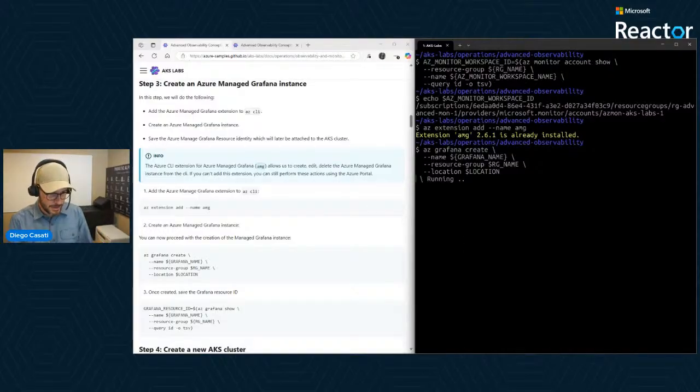I'm going to do a quick look here on the questions that we have. I see, let me see, Deepin. Hey, Deepin. Is Container Insights getting deprecated? Do you recommend Azure Managed Prometheus and Managed Grafana over Azure Monitor? These are very good questions.